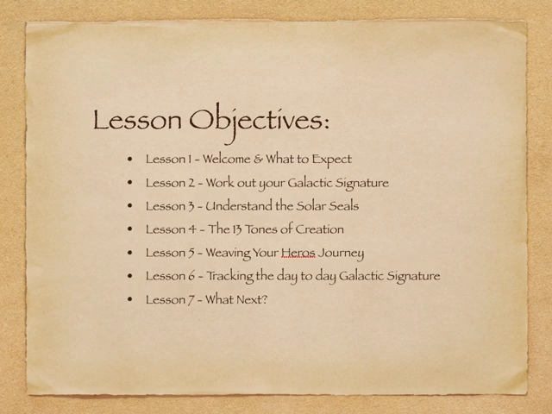Lesson 6 is about tracking the day-to-day galactic signatures and how to go about doing it. That means you can start adapting the information you've just learned and, just like I do on the Galactic Mayan Weather Report, begin to be your own weather reporter. You'll understand how not only do these galactic signatures encode people and help us understand our personal dynamics, but that every day carries its own character, its own personal identity in a sense, and function and purpose. Lesson 6 will look at how you can track that and use the information you've just gathered to help support your understanding.